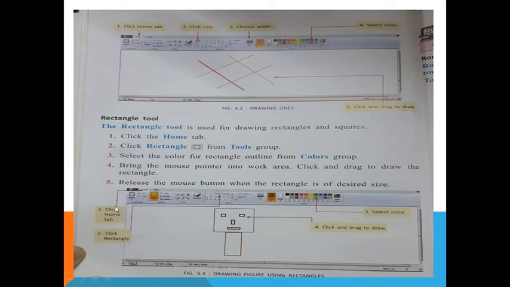Here again you can see the home tab and rectangle shape. Take the shapes and drag with the mouse, and it becomes a rectangle shape. When you drag it, the rectangle comes, or if you want a square you can make that. Then after that you select the line color and fill the boxes.